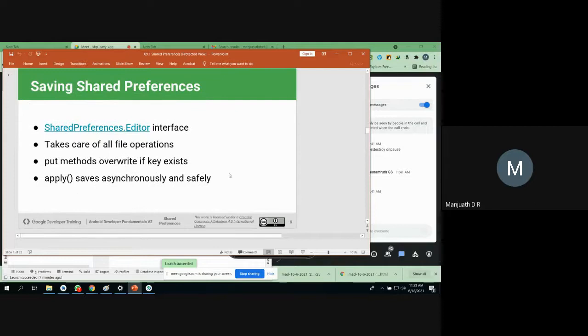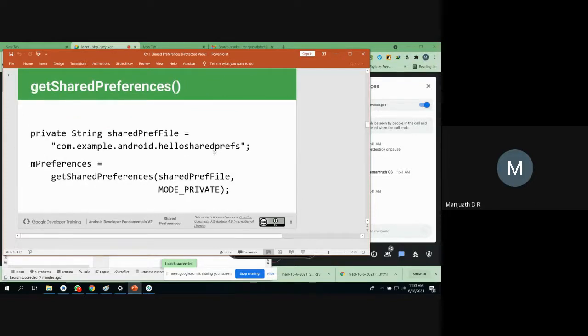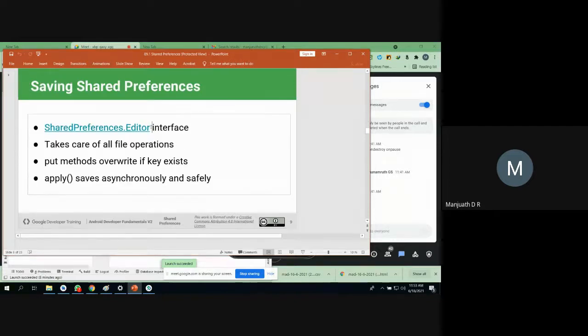Okay. And once you created the file, then you must have an editor, right? Like Microsoft Word or a Notepad or similar. I must have an editor so that I can write the data into my file, or read the data from the file. For that case, we are going to create an object for this class, that is the SharedPreferences.Editor interface class. Through this editor we are going to call the APIs like read, write, or append, something like that.